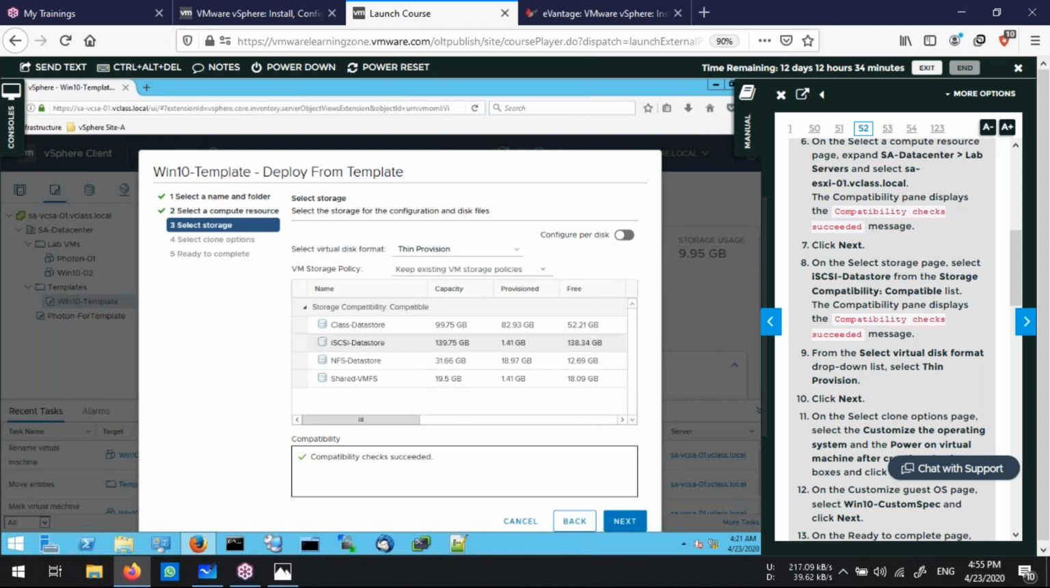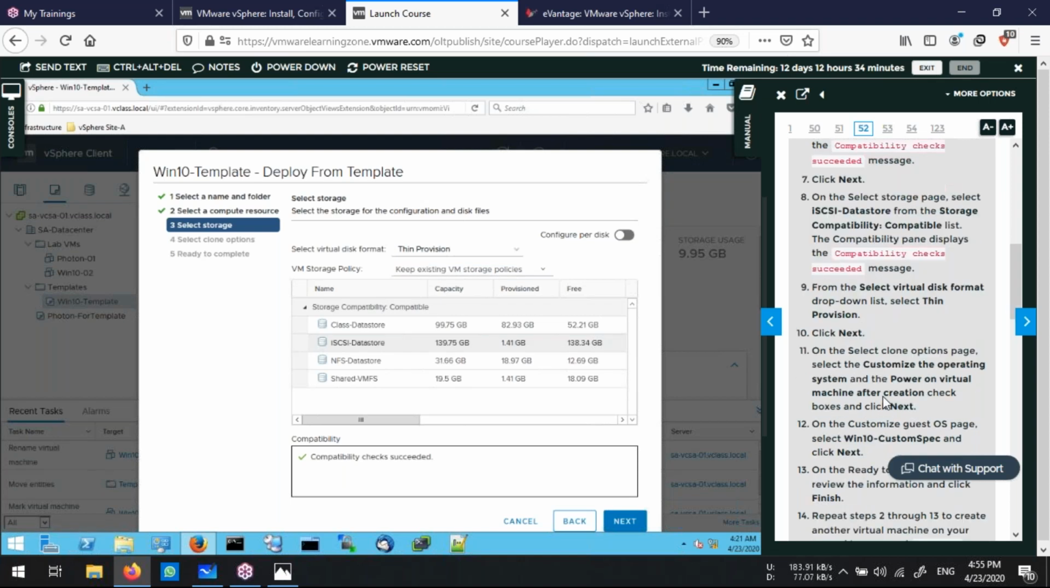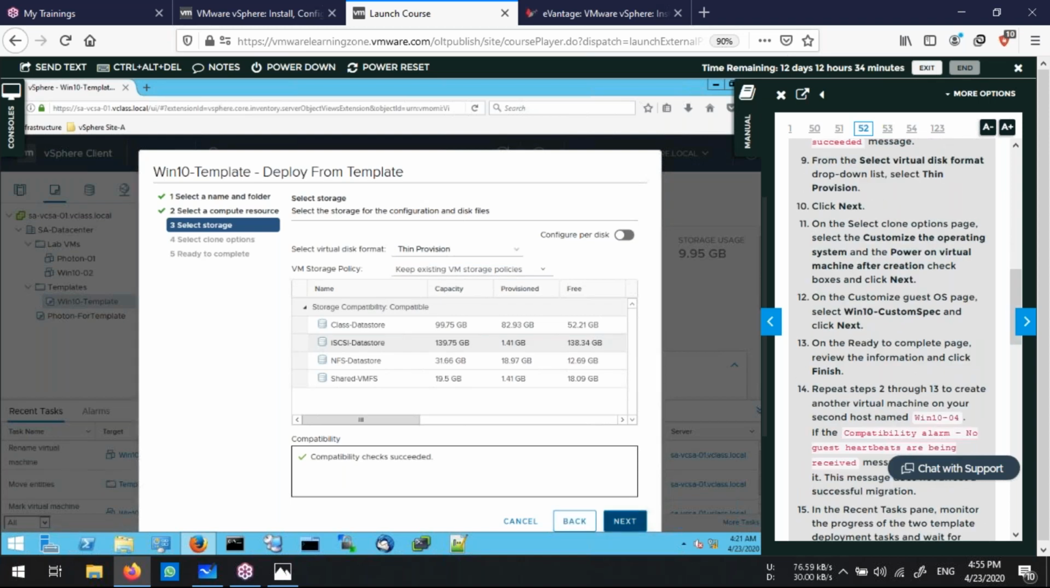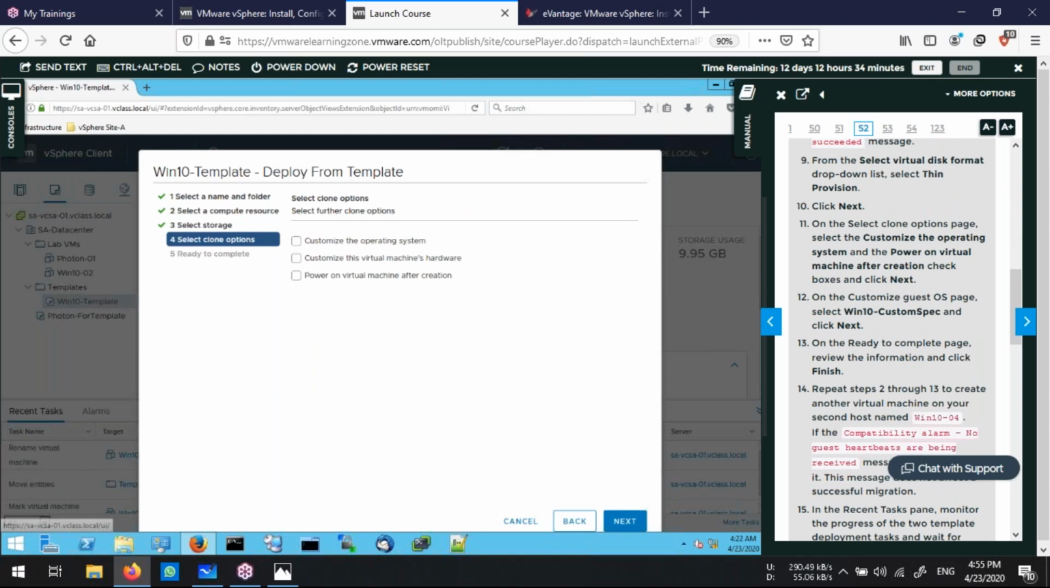So there is no specific policy. Next. Then if you want to specify any specific options, so I want to customize the operating system. Select this one, customize operating system. So when you select this one,